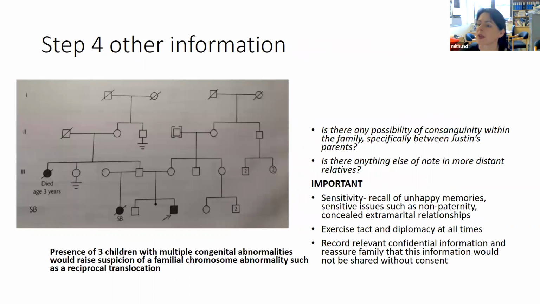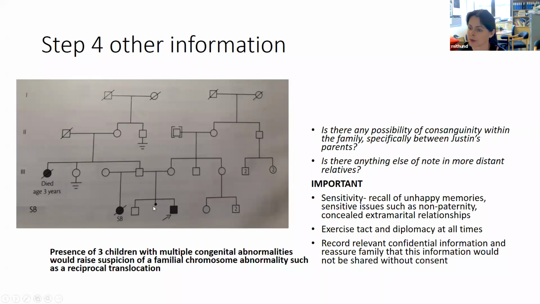So now we have a 3-generation family history. So it looks quite nice. We can see that obviously in generation 1, these grandparents are all deceased. But we've got a little bit more information here. So now we've got this 3-generation pedigree, we've seen that there are at least 3 children where we've got the proband and we've got 2 stillborn. And we've got another child here that's died age 3. We've got a stillborn, and we've got